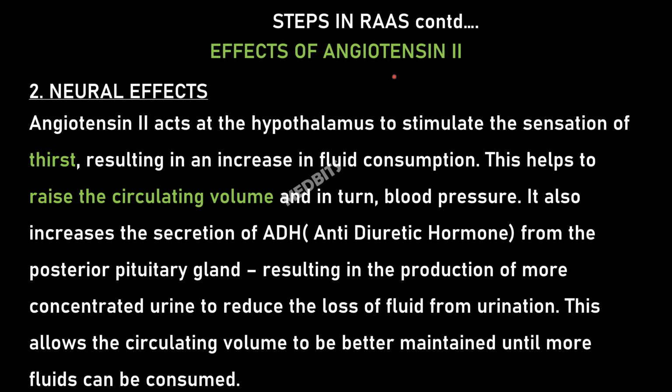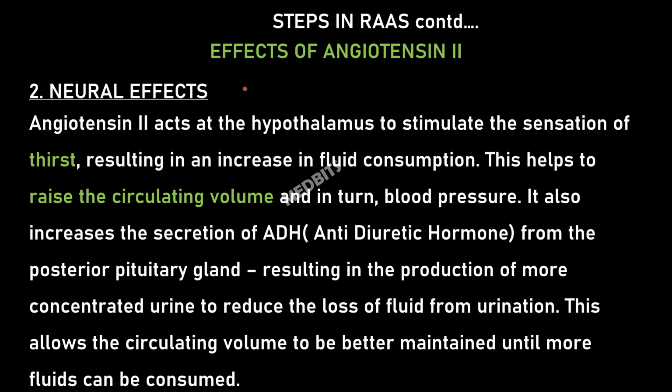The effect of angiotensin 2 on the neural side is that angiotensin 2 acts at the hypothalamus to stimulate the sensation of thirst, resulting in an increase in fluid consumption. This helps to raise the circulating volume, and in turn, what also gets raised? The blood pressure. It also increases the secretion of antidiuretic hormone ADH from the posterior pituitary gland, resulting in the